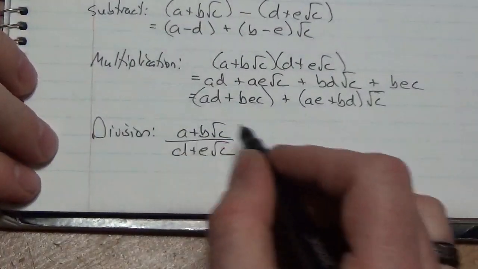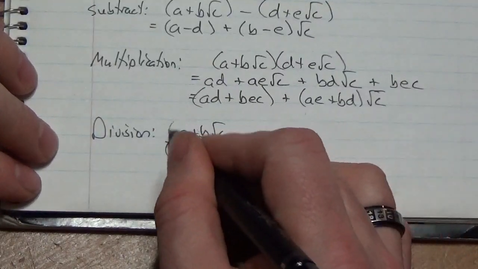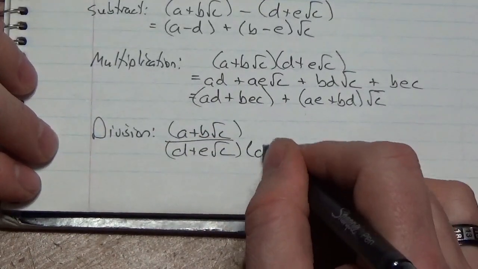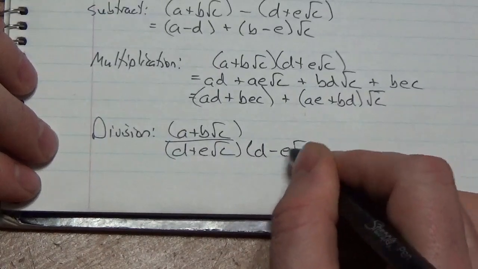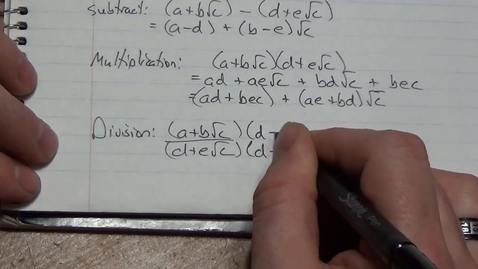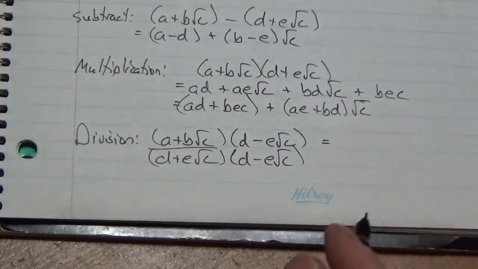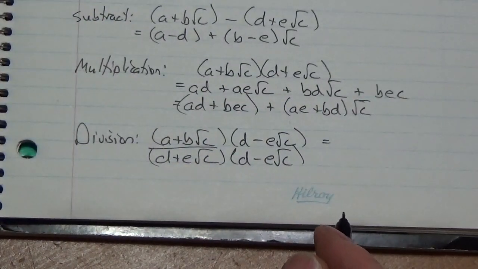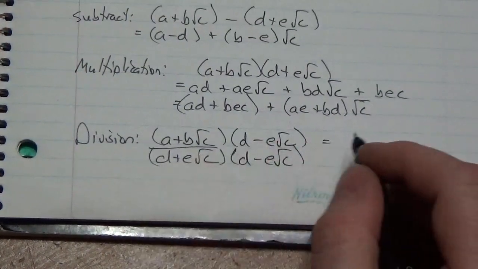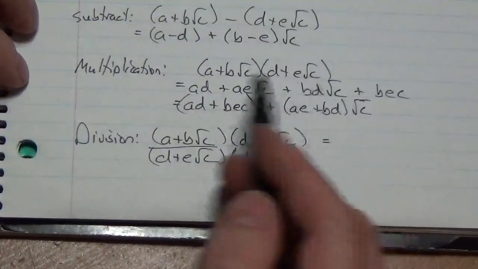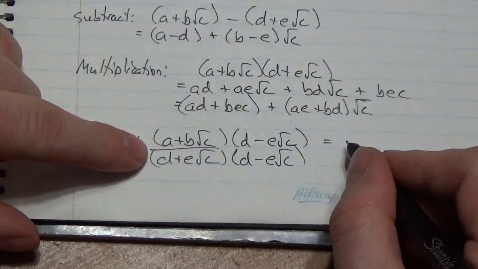Here, though, when you do division, the way I do this is I'm going to multiply numerator and denominator by the binomial conjugate. So d minus e root c, d minus e root c. Now, I have already seen in the numerator, I already know this, when I multiply that out, it's going to be like the previous step here. I'm still going to do it here. So I'm going to get